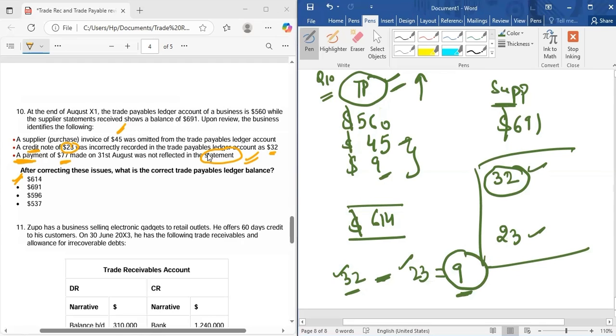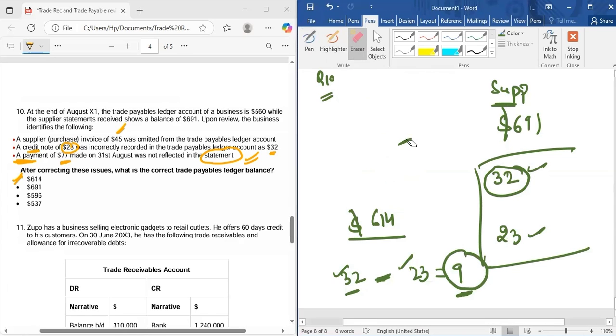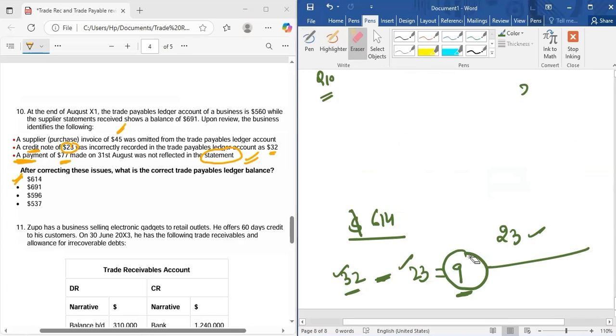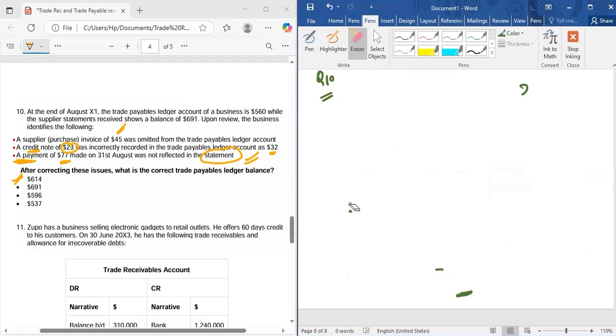Now let's move on to the next question. I'll erase this one from here and then we will do our last question. Question number 11 is the last question. Okay. So this question says,